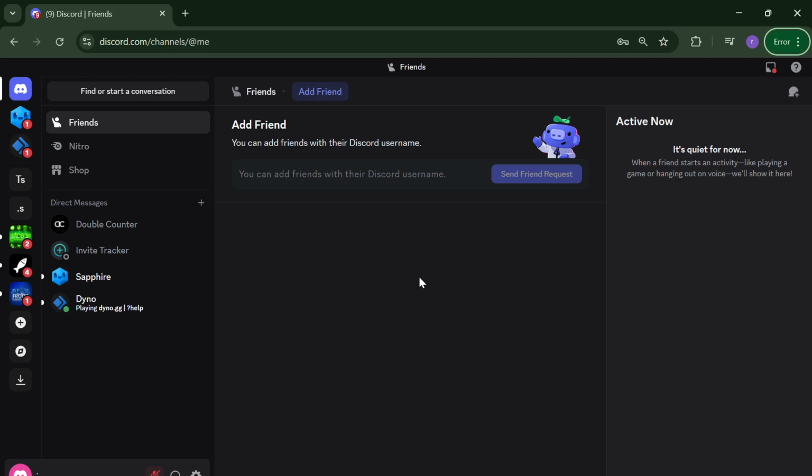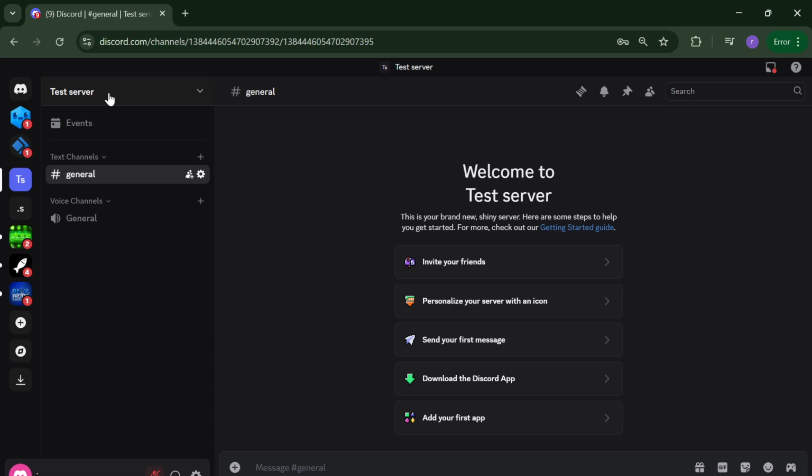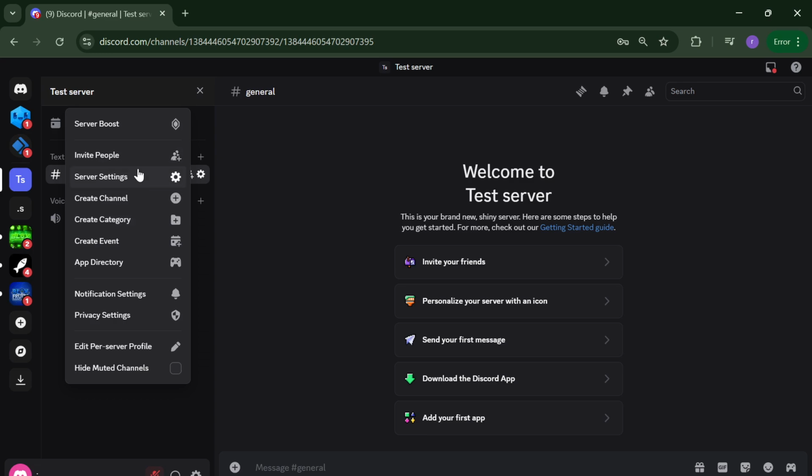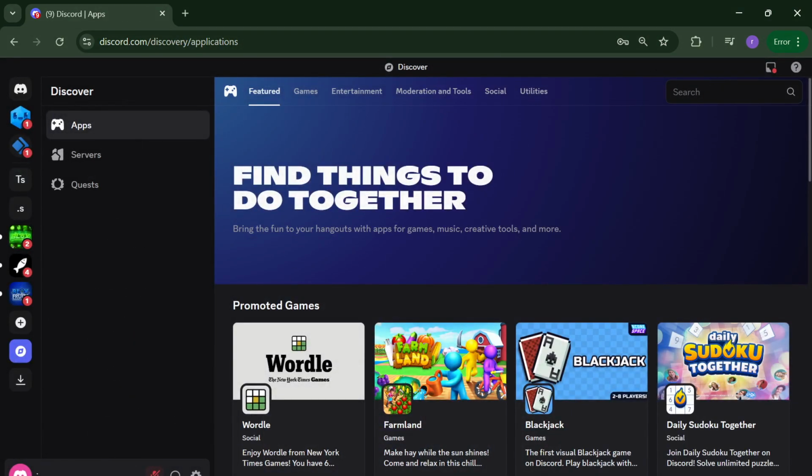So in this video, I'm going to show you how you can add a music bot on Discord. First of all, you have to log into your Discord account, and after that, you have to open a test server. As you can see, after clicking on test server, you have to click on here, and after that, as you can see, you have to click on the server settings, and after clicking on here, you have to go to the app directory from here, and you have to search for the music